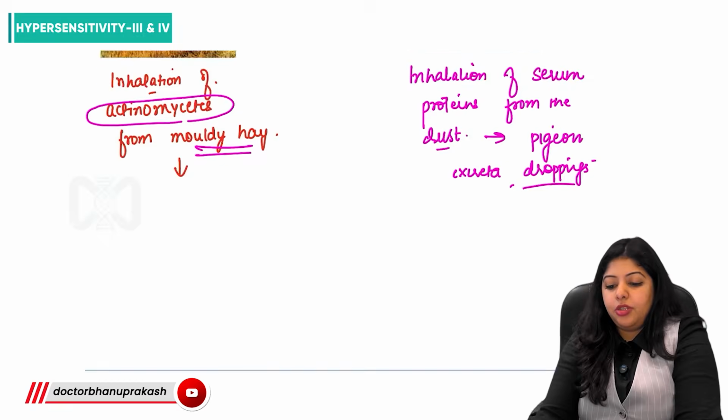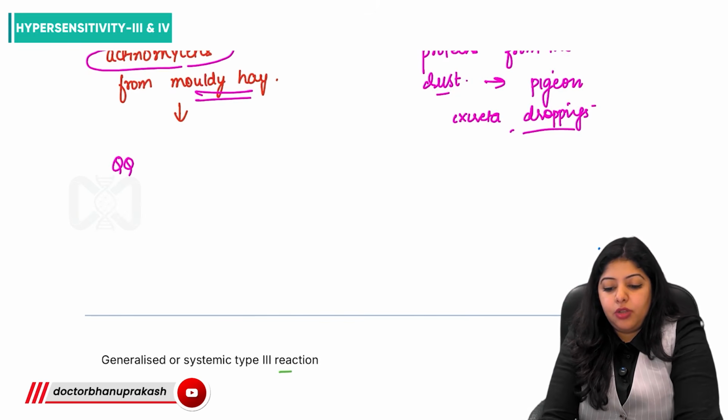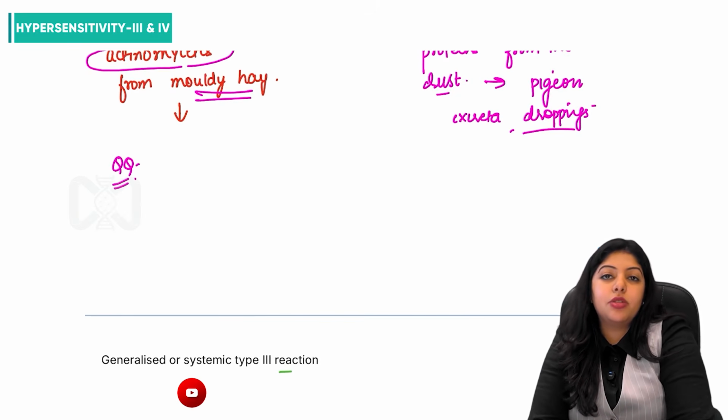Now for questions in your exams, you're asked what are the examples of localized type 3